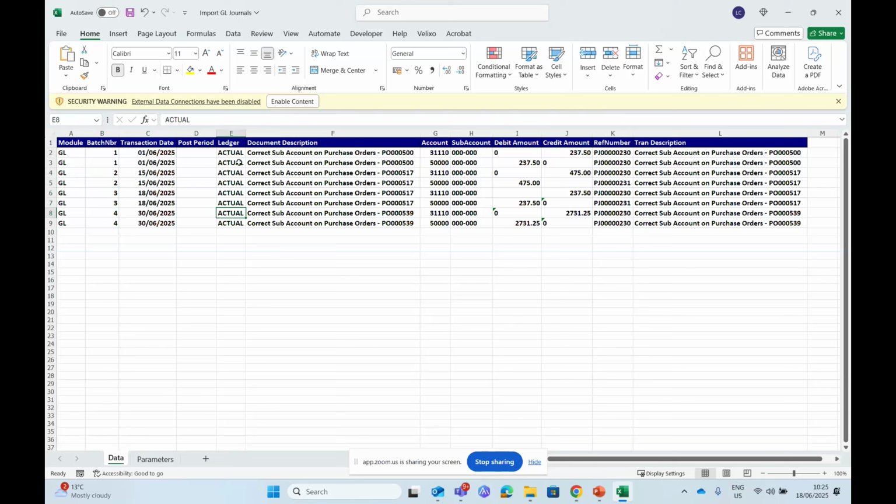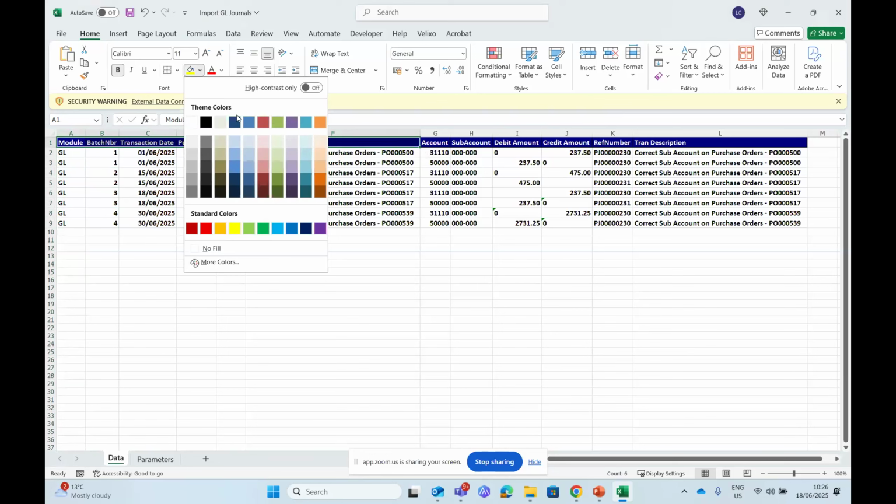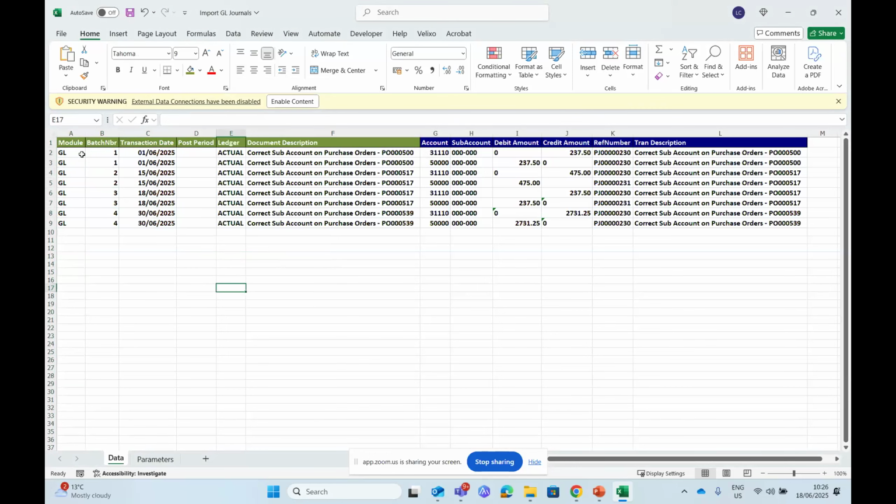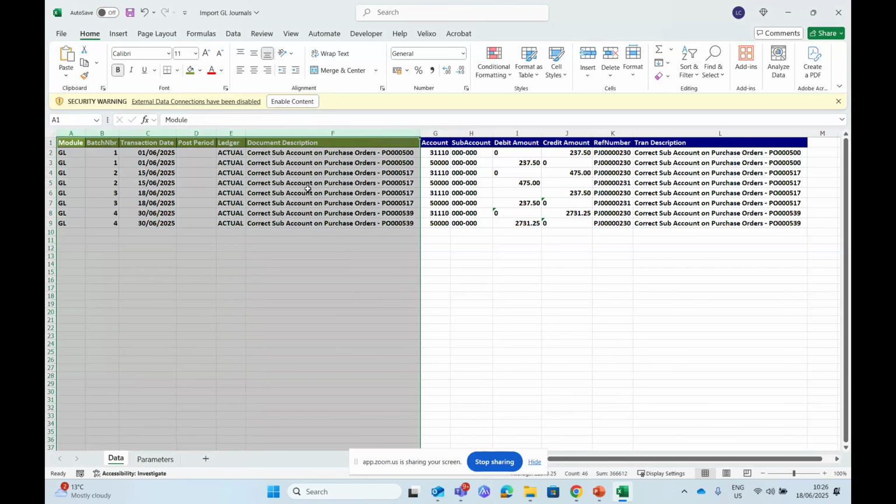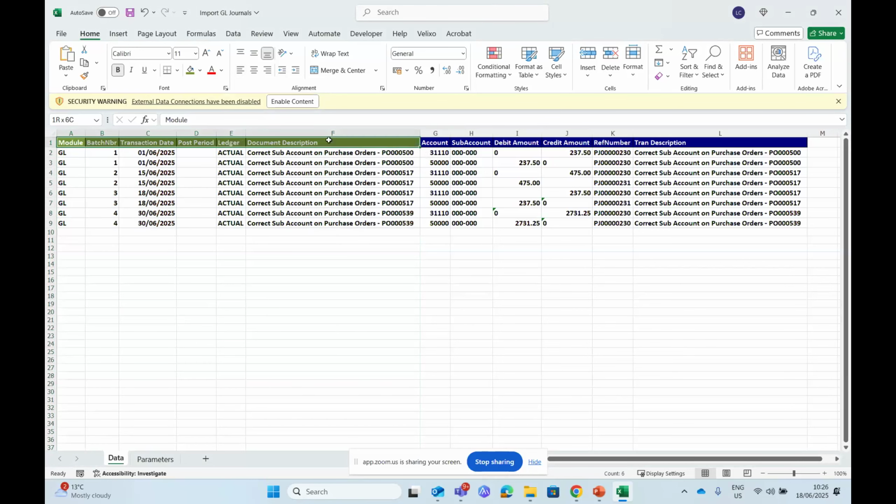And then whatever you put on your screen. If you look at this first section here, up until here, I'm going to make it a different color for you. This is the header section. When you prepare your file, always think about the screen. This is the header section of my journal entry form, and this is my line section. Just like a screen, when you capture something, it's got a header section and a detail section. The same goes for any journal entry or any import that you do.